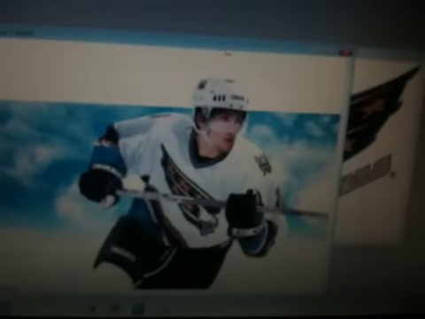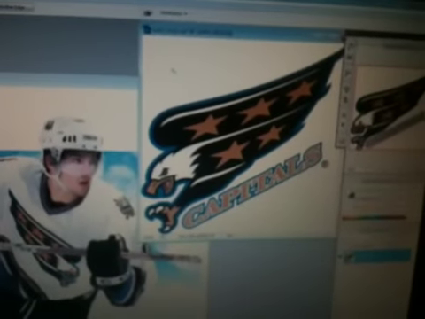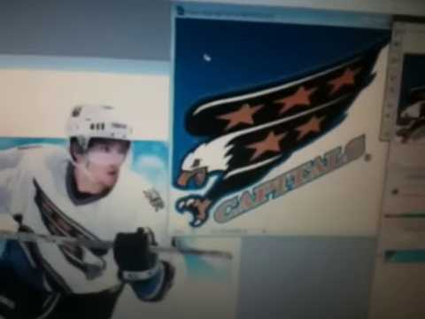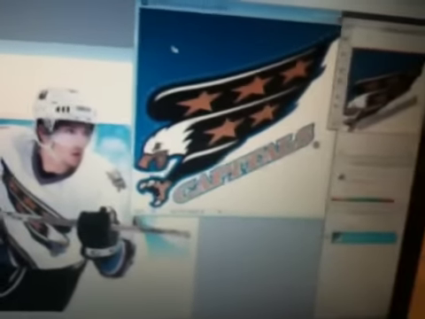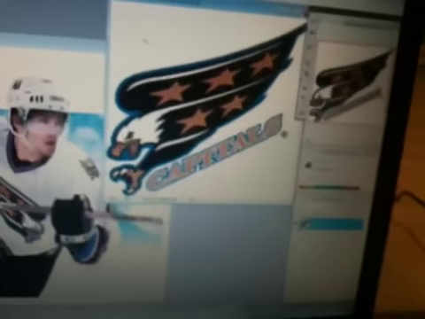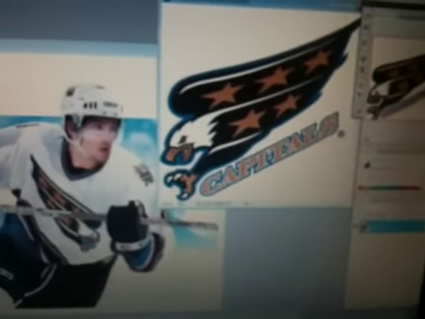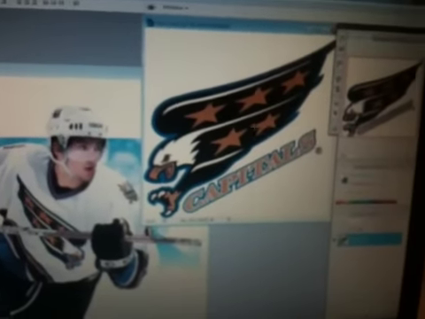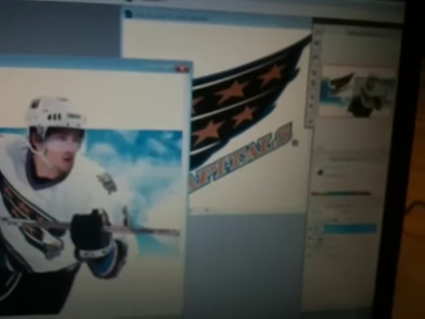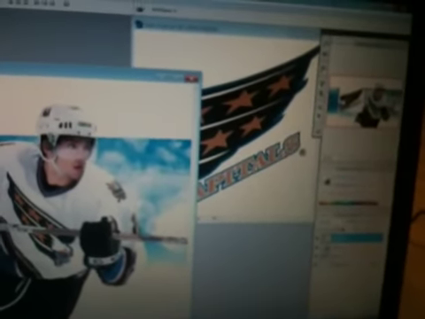I'm going to close down Ovechkin. I don't need him anymore. And I'm going to drag over this logo here. And I think first I'm going to have to get rid of the white. So I'm going to use the magic wand. I'm not paying attention to where my camera is. Use the magic wand to just select the white and delete. Oh, that was funny. Let's move it over first. You gotta love live demonstrations and the wacky things that can happen. Let's move that over here. And I think I just have to switch